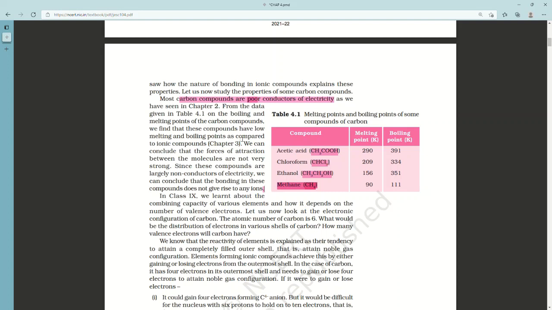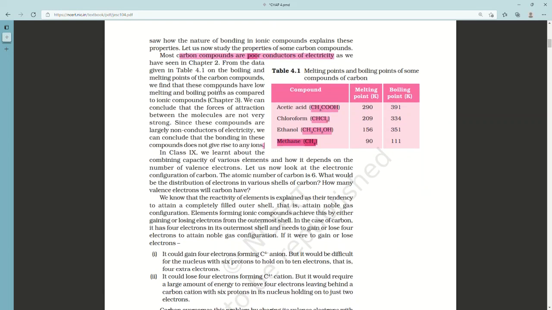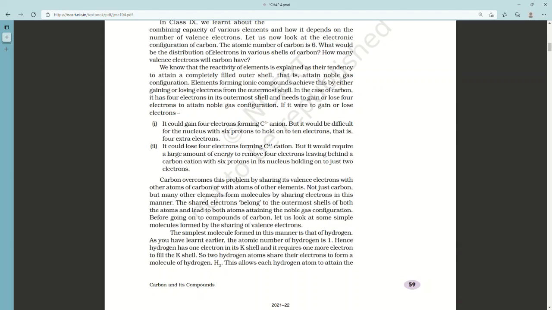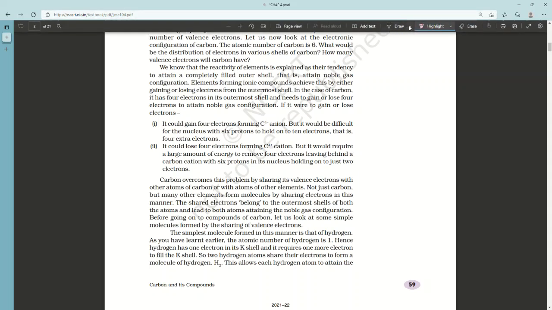We can conclude that the forces of attraction between the molecules are not very strong. Also, the melting point and boiling point are mentioned in Kelvin. Since these compounds are largely non-conductors of electricity, we can conclude that the bonding in these compounds does not give rise to any ions. In class 9th, we learned about the combining capacity of various elements and how it depends on the number